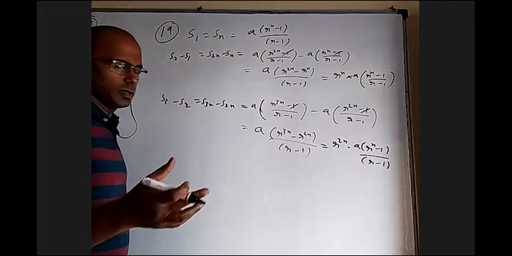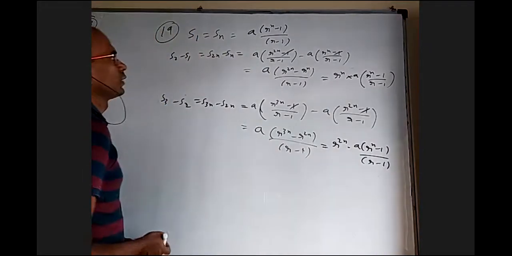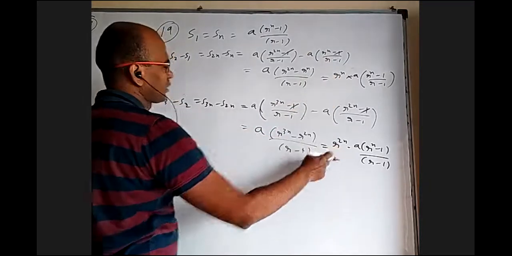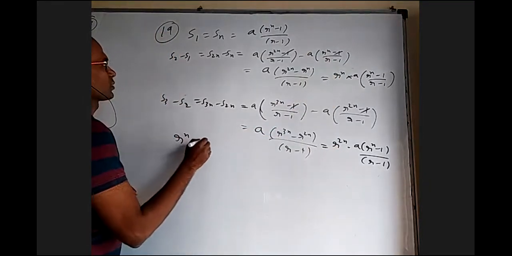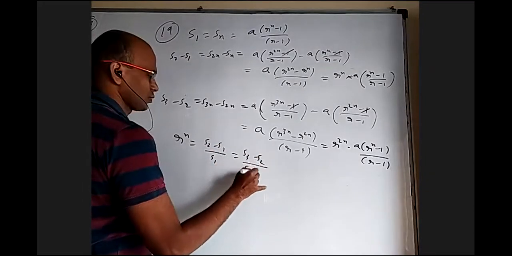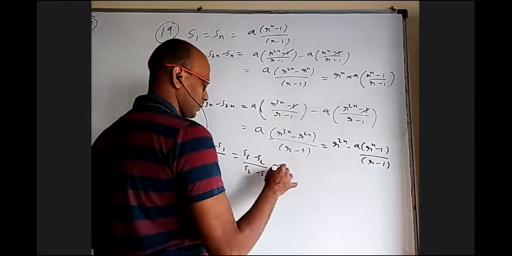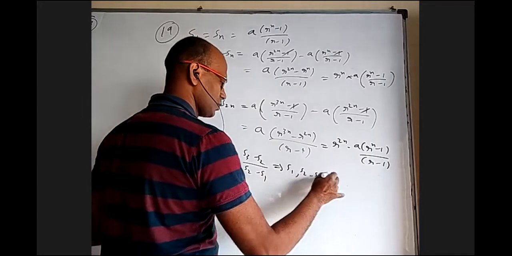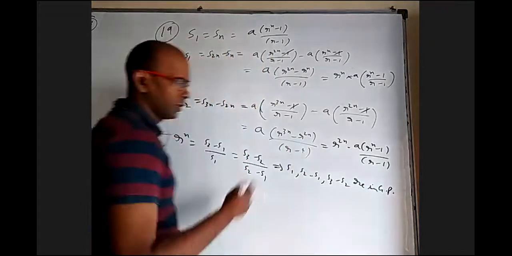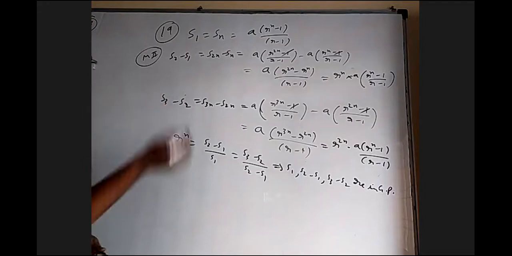In the previous one, I wrote so much, but you can visualize many things. That's why it was easy. But anyway, here also it is the same thing: from here to here you multiply with r power n, and from here to here also you multiply with r power n. So r power n is equal to (S2 minus S1) by S1, which is (S3 minus S2) by (S2 minus S1). And then they are in GP, same thing again: S1, S2 minus S1, S3 minus S2 are in GP. And then the rest of it. Okay, this is method 2, which is more or less the same, you can do either way.